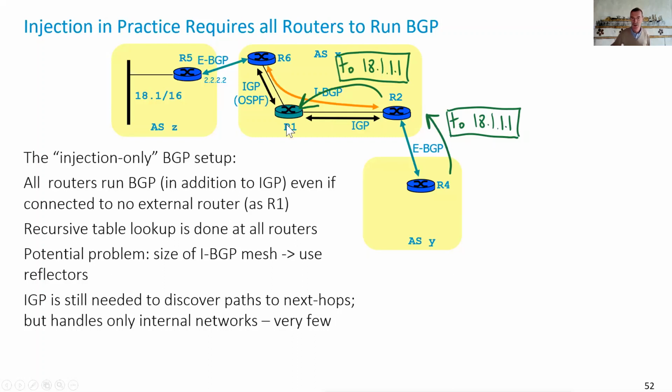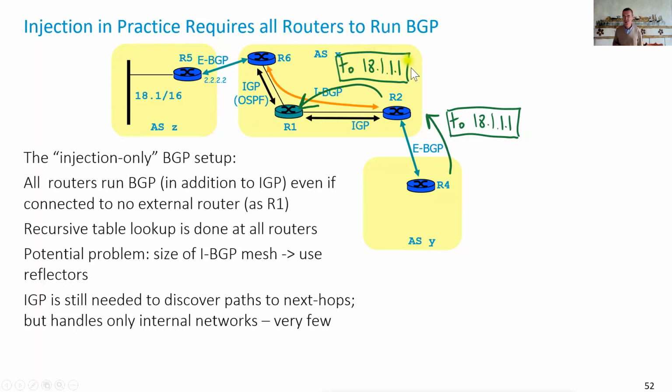Remember that BGP can be run internally, but with iBGP. So R1 via iBGP will learn the route from R6, other routes also from R2, then we'll inject it into its forwarding table with next hop 222. And then with recursive table lookup, that will solve the problem. So that's a first common mode of operation of BGP, which is that we run BGP in